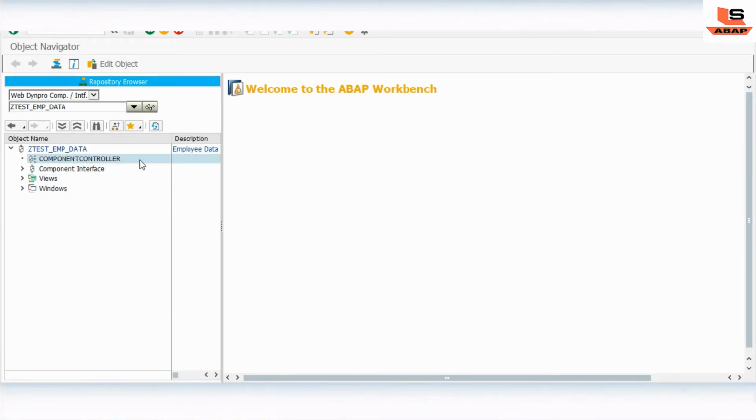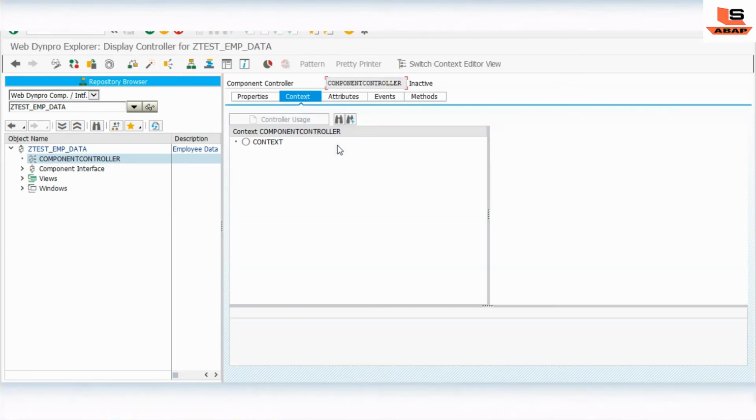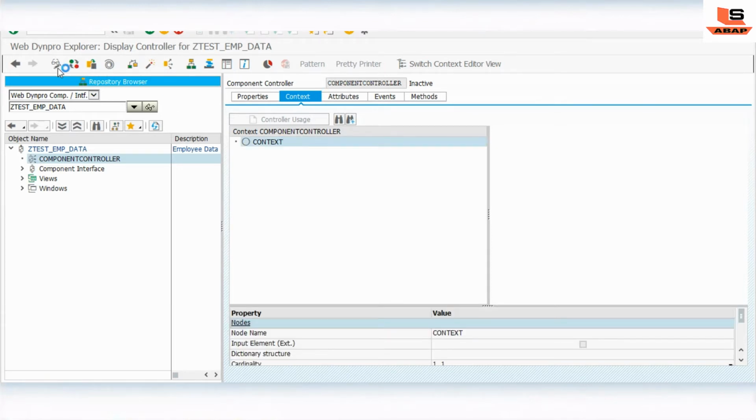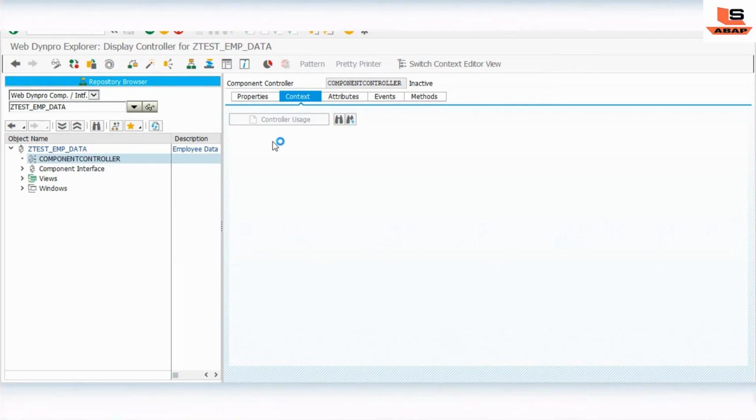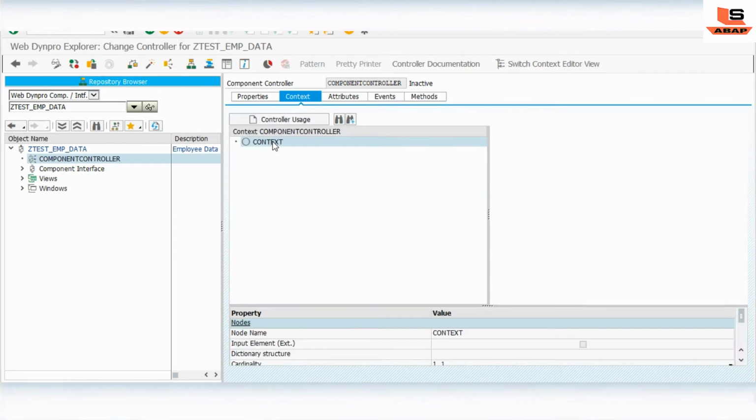Now what we have to do is we just need to create the node and attributes in the context of the component controller. First of all we will go to the edit mode, right click on the context, and create a node.